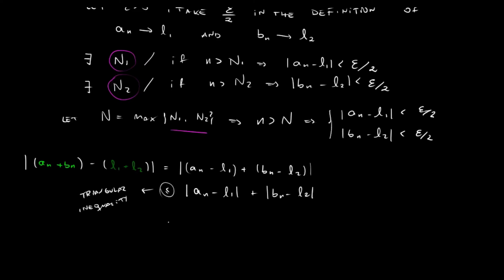And now, if we take a number n that's greater than this number N, the maximum between n1 and n2, then we know the absolute value of a sub n minus L1 is smaller than epsilon over 2. And then the absolute value of b sub n minus L2 is smaller than epsilon over 2. And this equals epsilon. So then we had an epsilon,